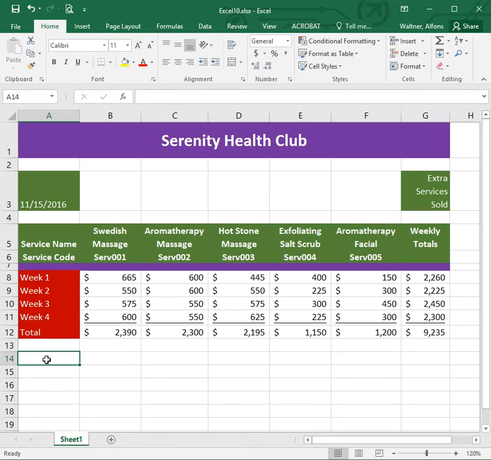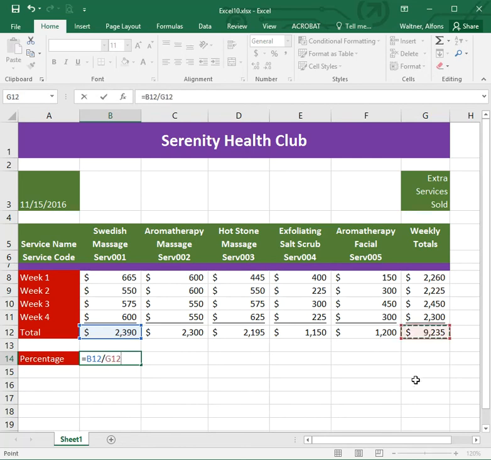And so to add percentage, I'm going to type the word percentage. And then at the first column, what I'm testing is I want to see what percentage is 2390 compared to 9,235. And so to get that percentage, I'm going to put in a division equation. So I go equals, and I click on 2390, and then I press the slash key, and the slash key is divided by, just like in a fraction. And then I'm going to click on the 9,235. And then once you see the equation equals B12 divided by G12, press enter, and you get a big